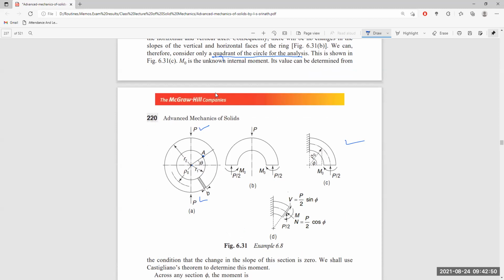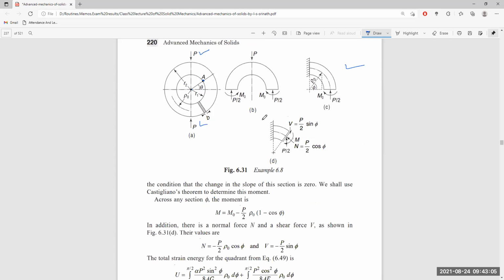So Castigliano's theorem is applied to determine this. Now across any section here, defined by the angle phi over this quadrant, the moment generated across this section